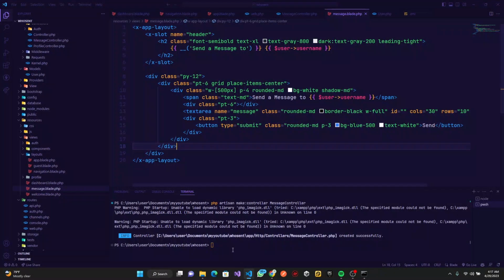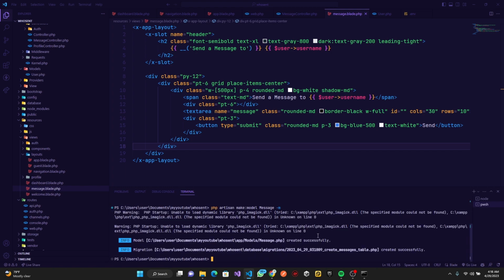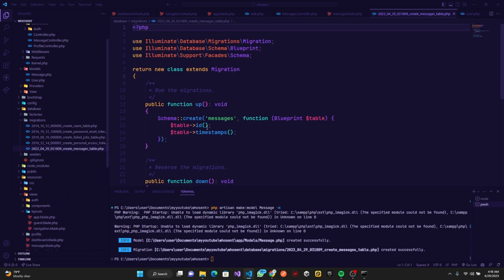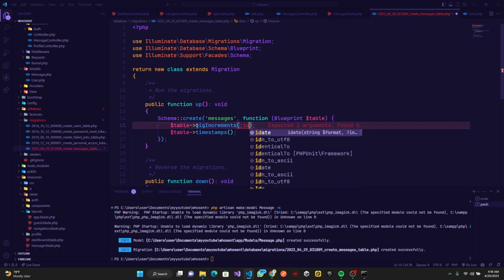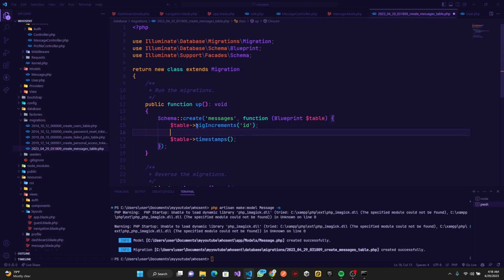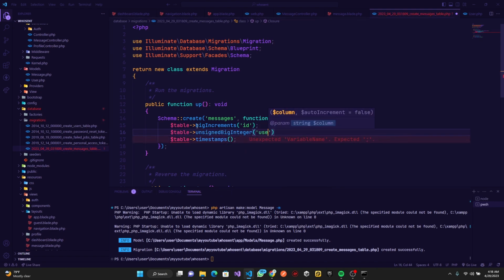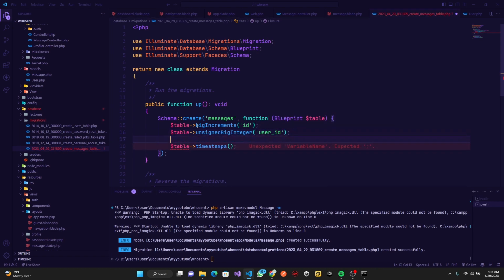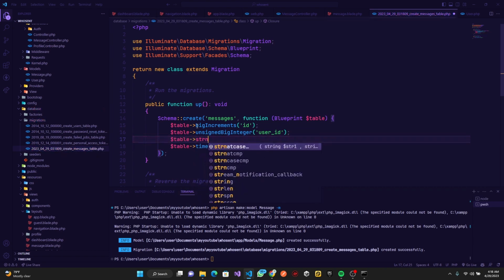Alright, so to do that, we can go ahead and create a model. PHP artisan make model. It's called message, and we are going to create a migration with it. Alright, so inside our migration file, I want to change this to a big increment. It's going to be an ID. Right after that, we're going to have a user ID field, which is going to be an unsigned big integer, called user underscore ID. Then basically we just want the message. So you have a string